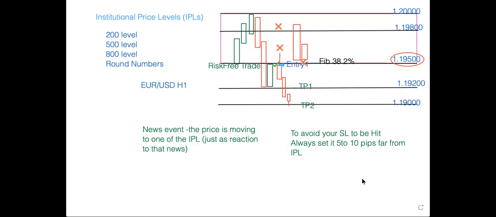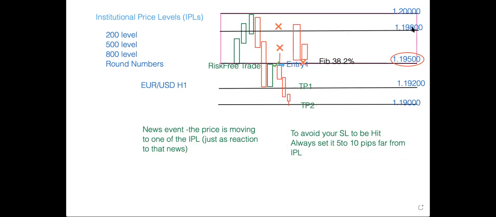So that's it, guys. This was the theory I wanted to discuss with you about IPL. As a summary, we learned the IPLs are set as 200 level, 500 level, 800 level and the round numbers. So all of the round numbers, 120, 119, 118, 117, 116, and so on, are considered to be